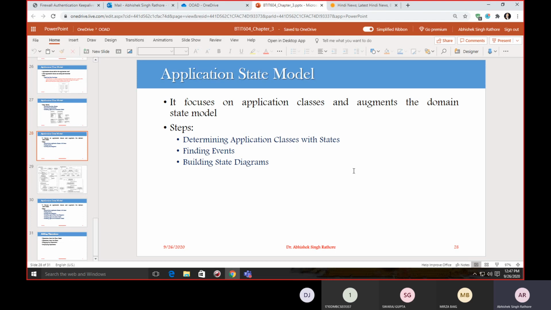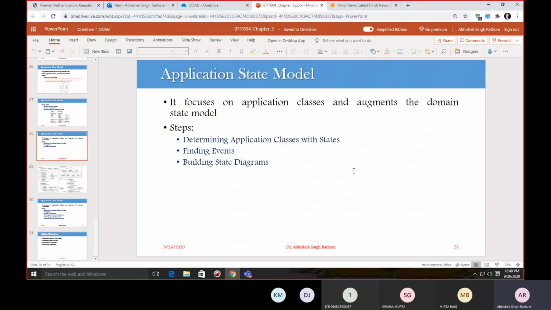Otherwise, user interface classes and boundary classes are lacking in state behavior, so we are not considering them. First, we are just focusing on controller classes. Then we identified what different events are available, because states are just an interval in between your events. Then we will start discussing building our state diagrams.